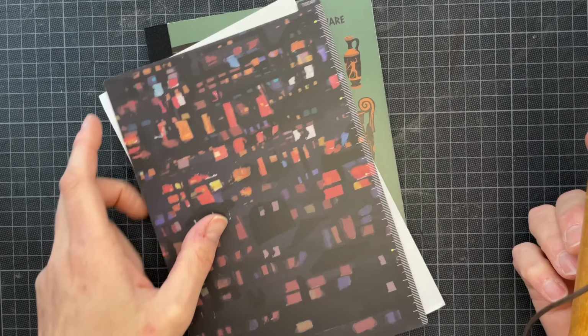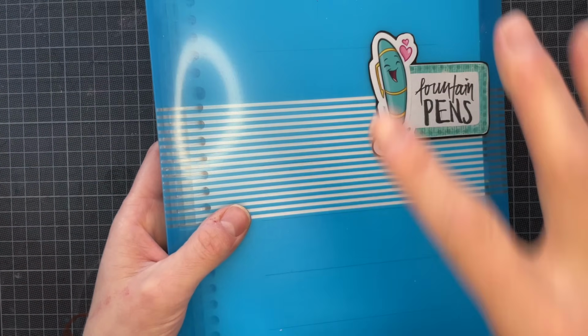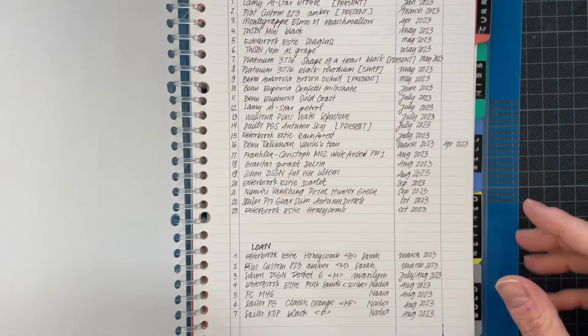I currently feel quite at home in these bigger A5 size, or even bigger, as I showed earlier. This is B5, my fountain pen log. And this is also one of those notebooks that I actually switched up